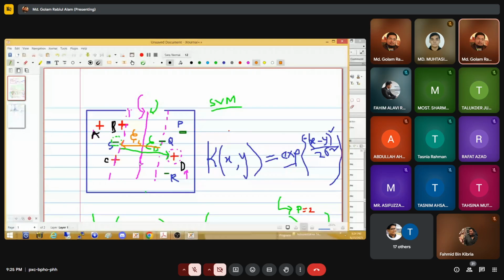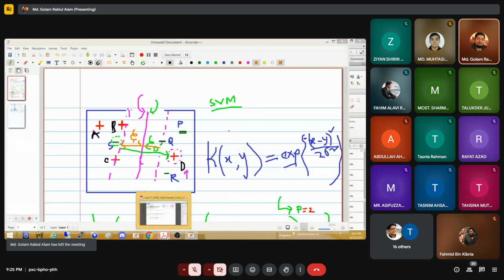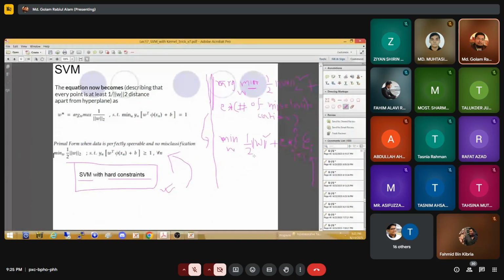Okay, now we want to rewrite it. So here, minimization of what? C times this one, okay, for each and every data point. Now what we have to do,